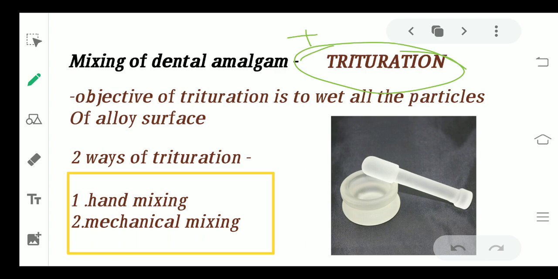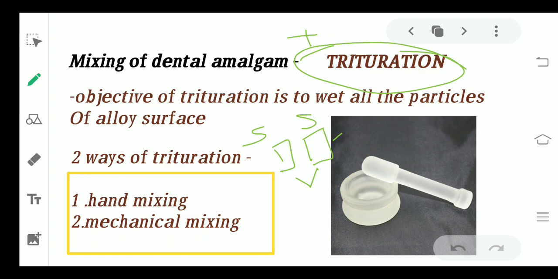Let me first tell you how amalgam is usually supplied to us. These are always in two different forms. You will get silver separately and mercury separately, and you will have to mix them at the time when you are treating your patient. You do not have to mix it 2 days before the patient's appointment. No, you have to mix it on the spot. So different packets are there. Either you can get a capsule of silver and a capsule of mercury, or you can get a sachet of silver and a sachet of mercury, or you can get it in bulk also, like big bottles and big boxes.